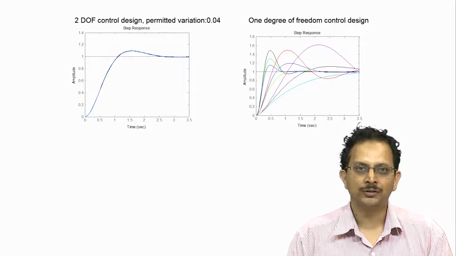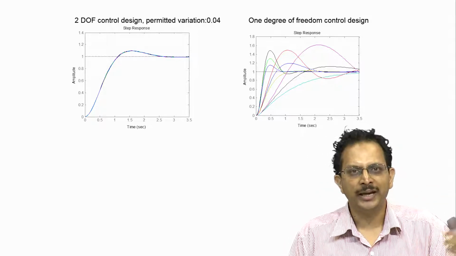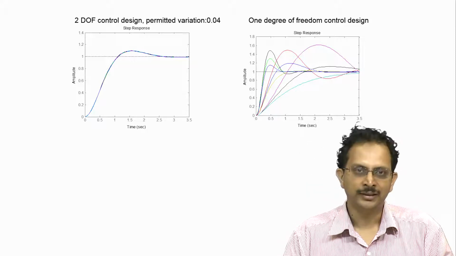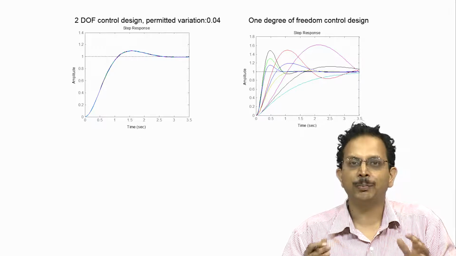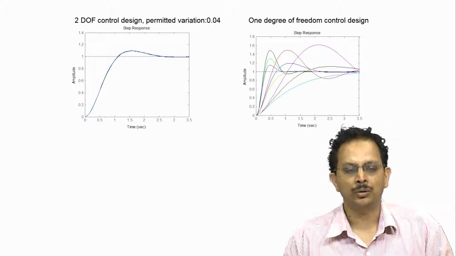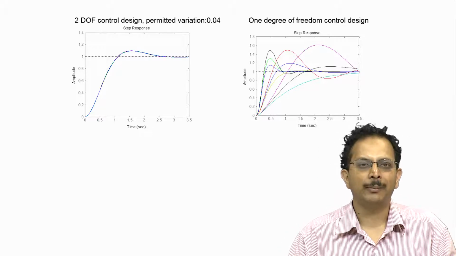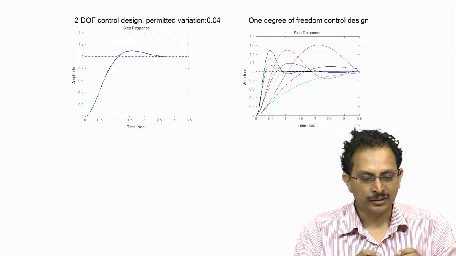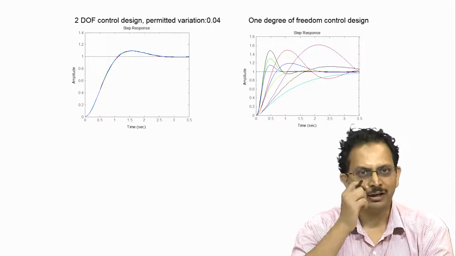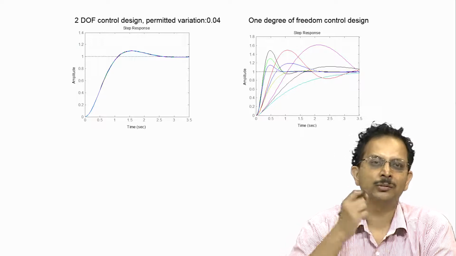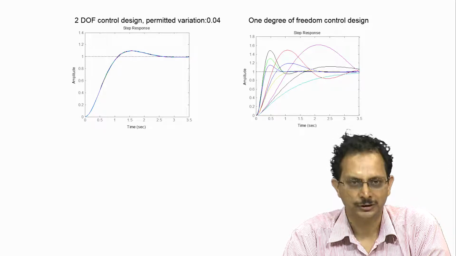In the previous two clips, we looked at uncertainties associated with only one of the parameters. In one case it was the gain, in another case it was the pole location. In this case we have assumed that both the gain as well as the pole position can change, but despite these changes we are able to design a control system that ensures robustness to variation of both these parameters independently. The reason that we have got such a good response in this case was because we restricted the variation of the closed loop pole to just 0.04 units when the plant's pole or gain were to change.